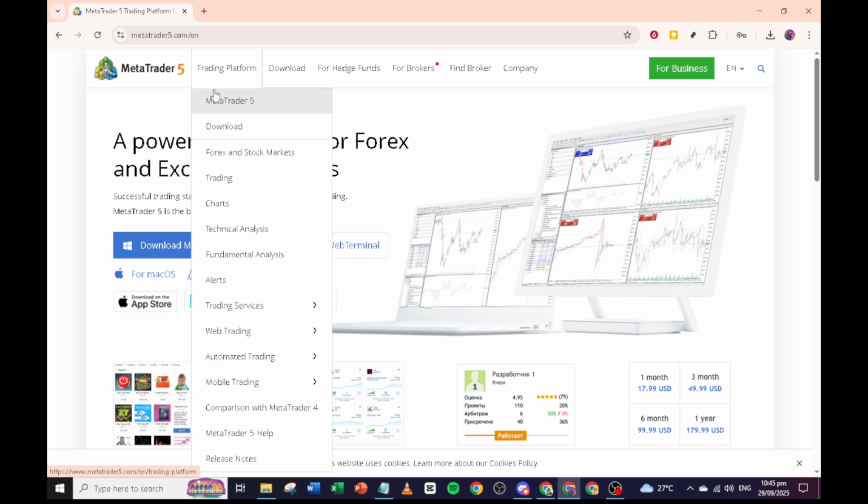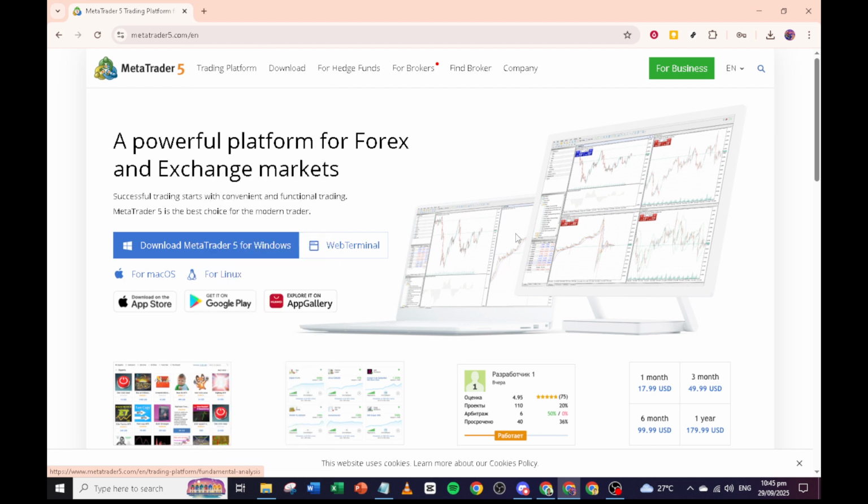Once you are on the official MetaTrader 5 website, take a moment to locate the download section. This is usually quite prominent as the site is well designed for user navigation. You'll want to select the option that corresponds to your system, whether that's Windows, Mac, or another operating system, and then click on the download button. This action will commence the downloading of the MetaTrader 5 installer file directly onto your computer.